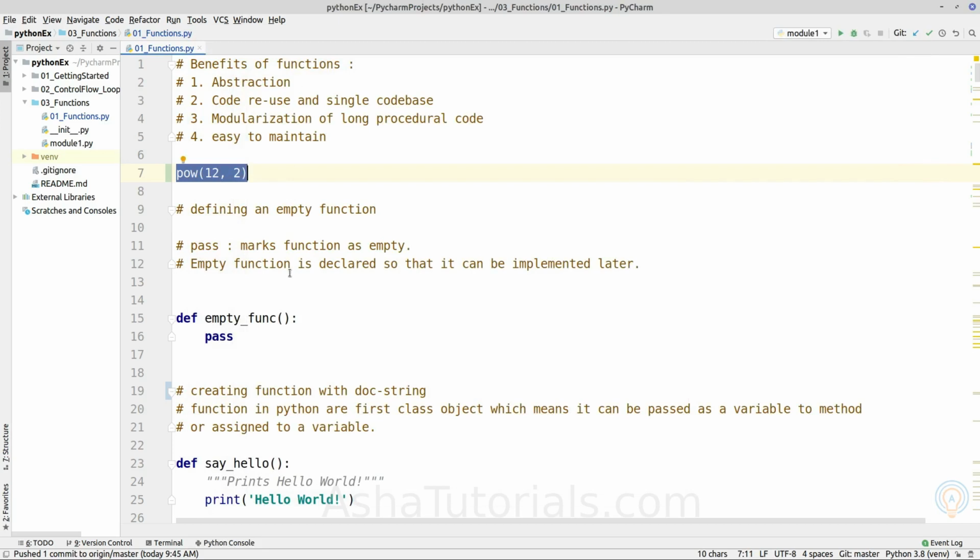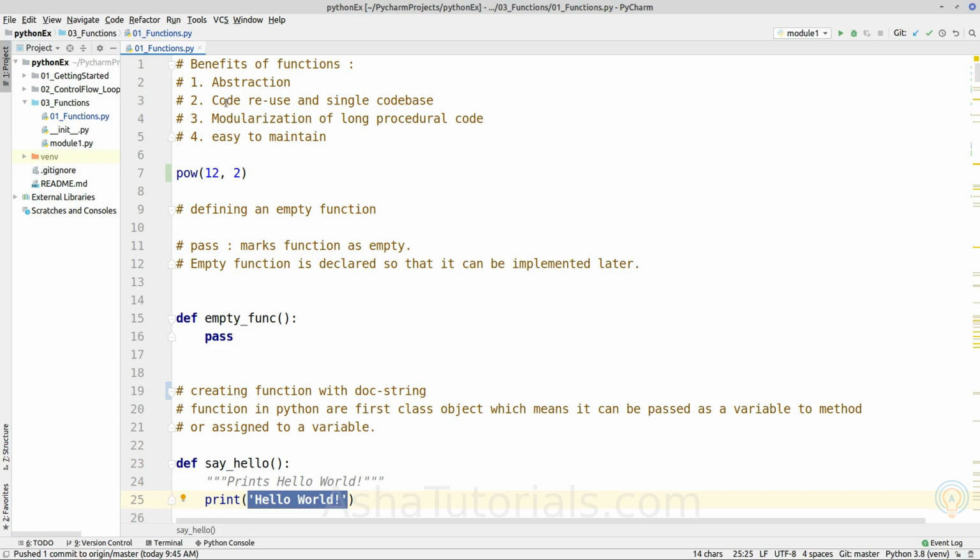Another example is the print function. We provide multiple arguments to the print function without knowing its implementation detail, how it redirects the output string to the standard output or the Python console. Or if the file argument is given, it writes that output string to the given file. So that implementation detail is hidden from the user of the function.